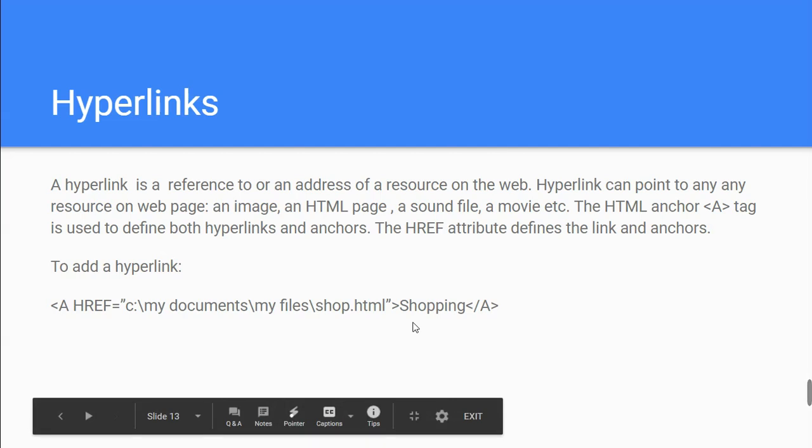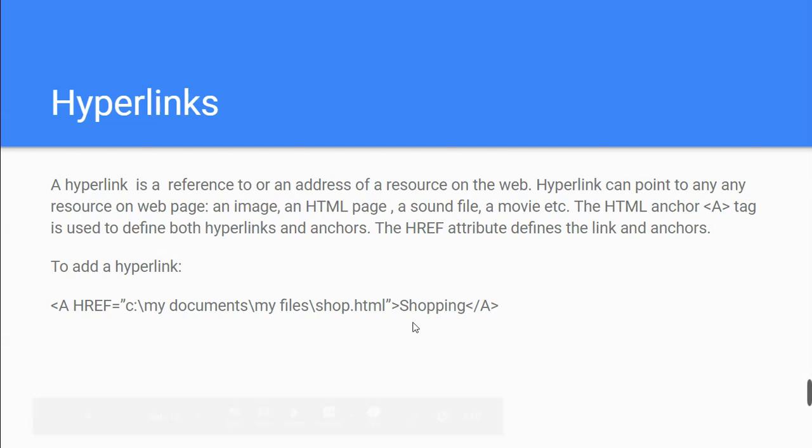So when we click on shopping, we are placed on shop.html, that is a web page. So shopping is a hyperlink, and this shopping hyperlink will take us to the web page shop.html, whose address we have assigned to the href attribute.